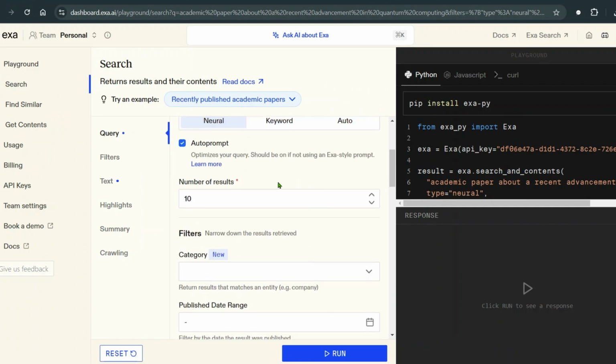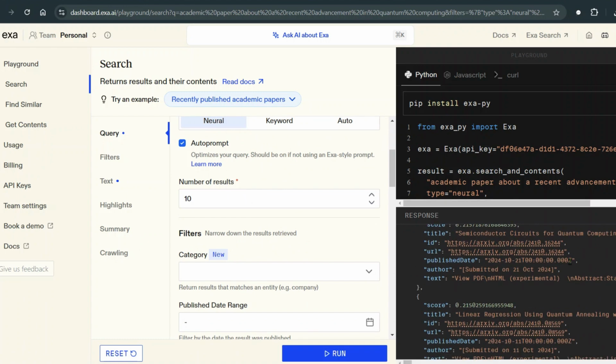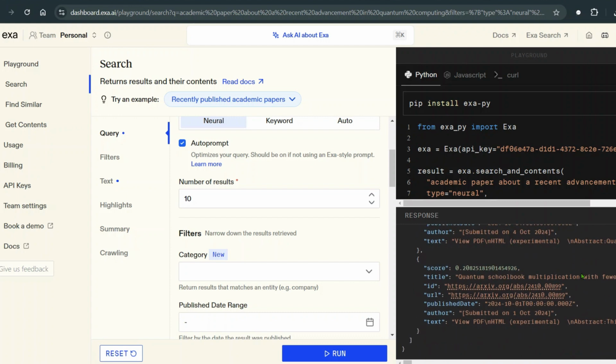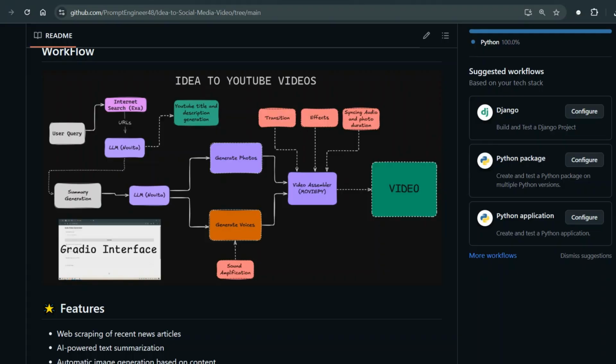Then you can set the number of items here. You can run this and you can see that we have the response on the right here. So these are the different articles. Now in my code, what I've done is after I get those articles, so if you go back to the